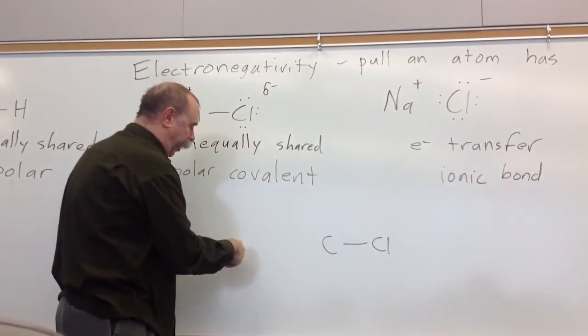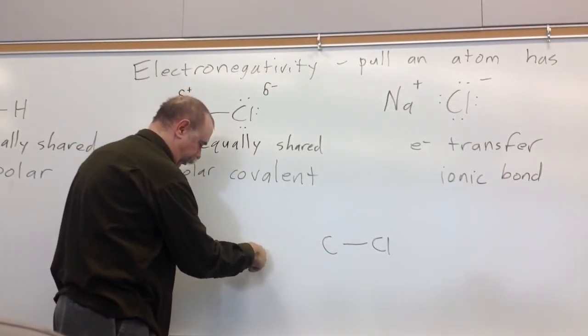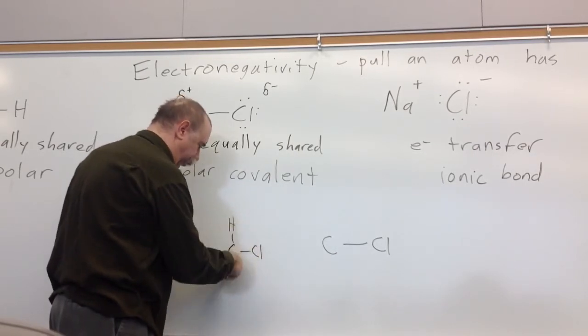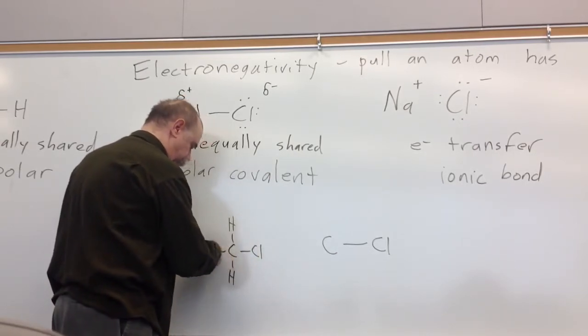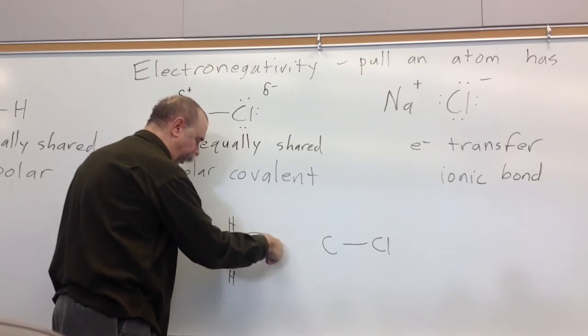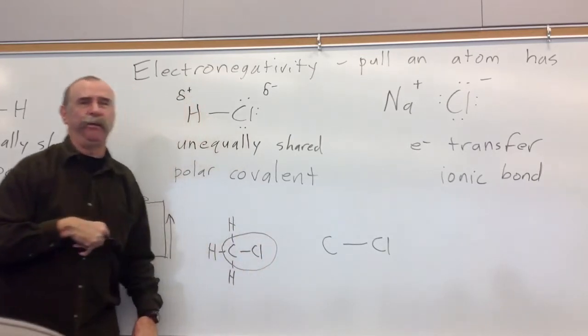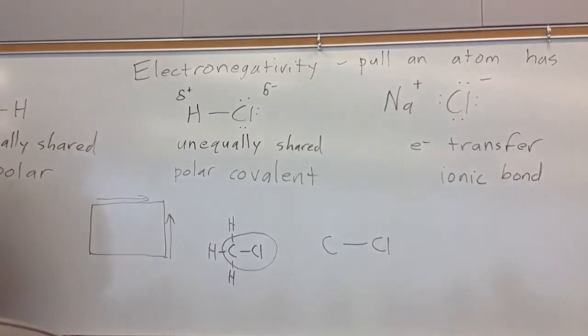When I write out a bond like this, the rest of the molecule is still there, but I'm only looking at a part of the molecule. So don't look at it and get all confused about what happened to the rest of the molecule. The rest of the molecule's there. We're just concentrating on a part of the molecule. So you don't need to try and turn that into a Lewis dot structure or any structure when I write out carbon, line, chlorine. You just need to figure out which side is more electronegative,